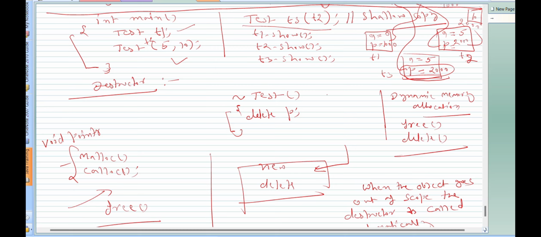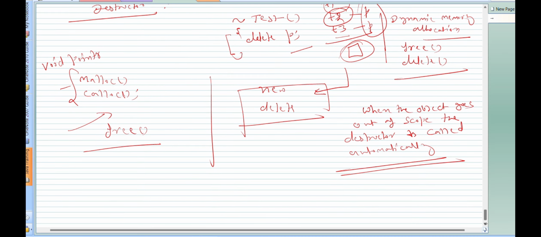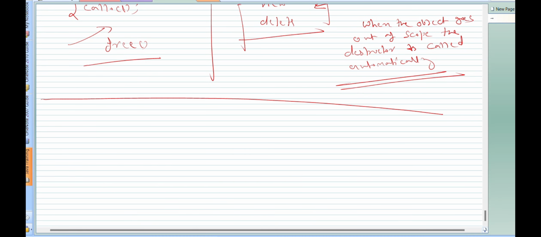Basically, first we have created three objects, T1, T2 and T3. If T1 goes out of scope, the destructor will be called, there will be no problem. If T2 goes out of scope, see, T2 and T3 both have P, which are pointing towards the same memory location. This will try to deallocate the memory. For the first time, the operation will be successful. And when T3 goes out of scope, this will again try to deallocate the memory which has already been deallocated by the destructor. So there will be a warning message, there will be an error message, and let's see this code that we have just discussed in our